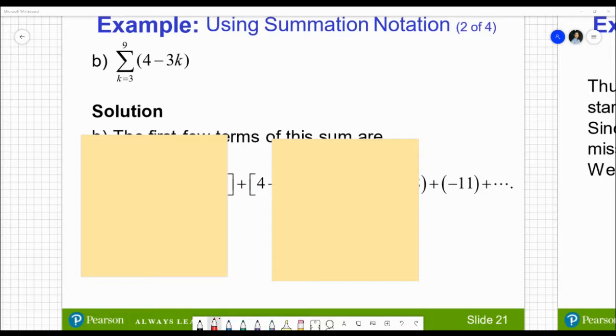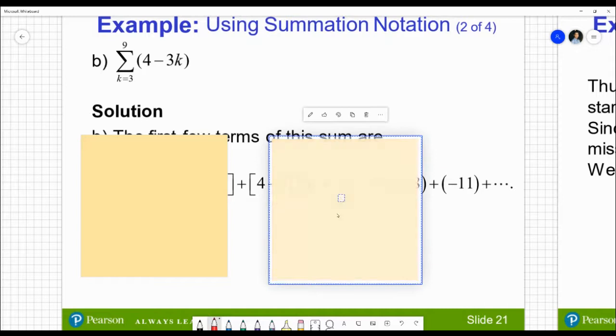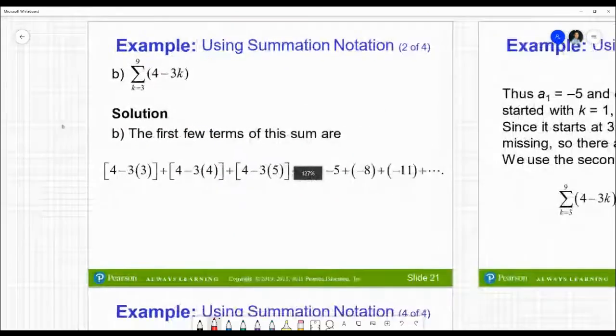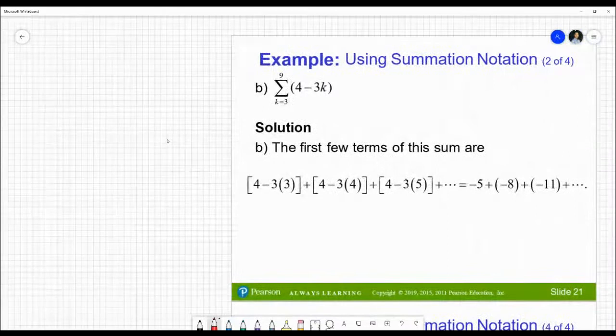Okay, so let's see how we can use a formula in order to do this and not manually. You may want to know how we would do this normally, and I'll show you the downside of it. So what does this mean? My starting term is 3. So that means I need to find A3, A4, A5, all the way up to A9 and then add them